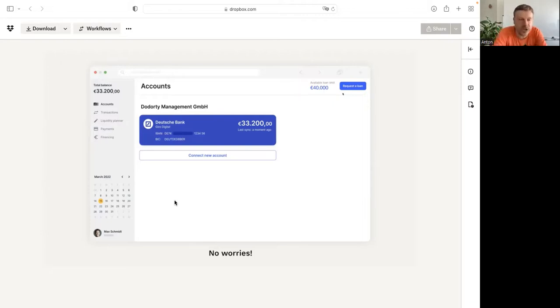So how does it work? In order to use the software, you need to switch on your bank account. Like you need to connect your bank accounts to the software. This is what the